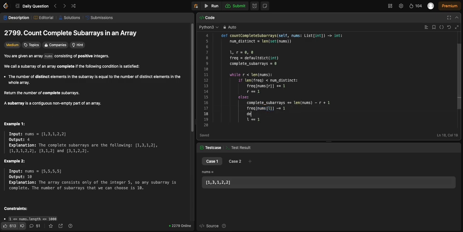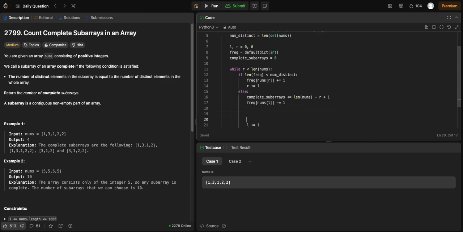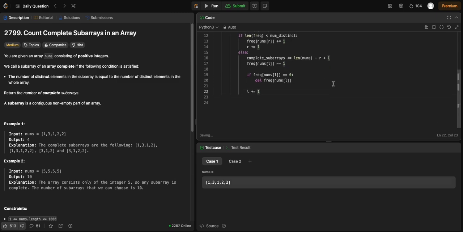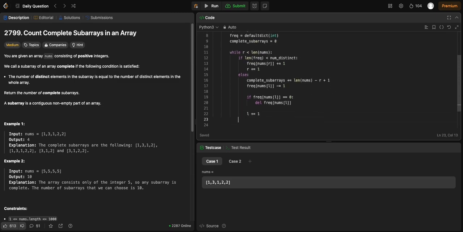And so if frequency of nums[L] is 0 now, well, that means we don't have that element anymore, right? We should remove it so we don't actually count it here. So we can just do something like delete frequency[nums[L]], and then we can increment it afterwards. So I think by doing this,